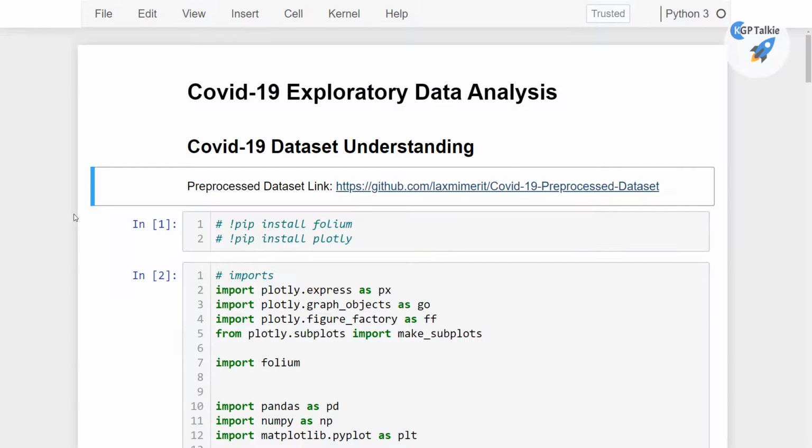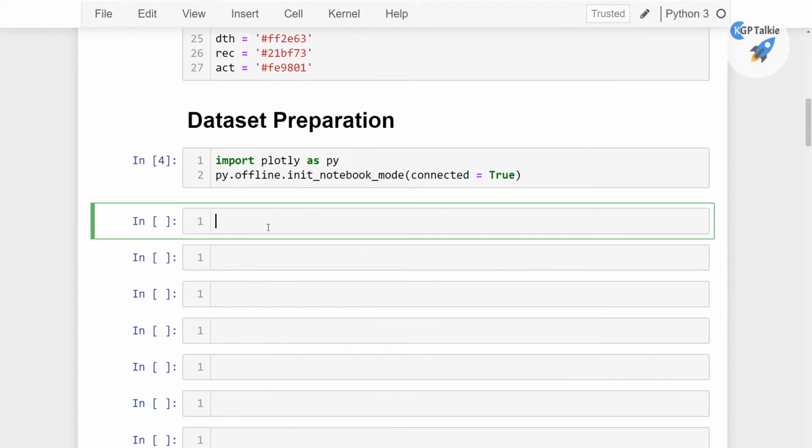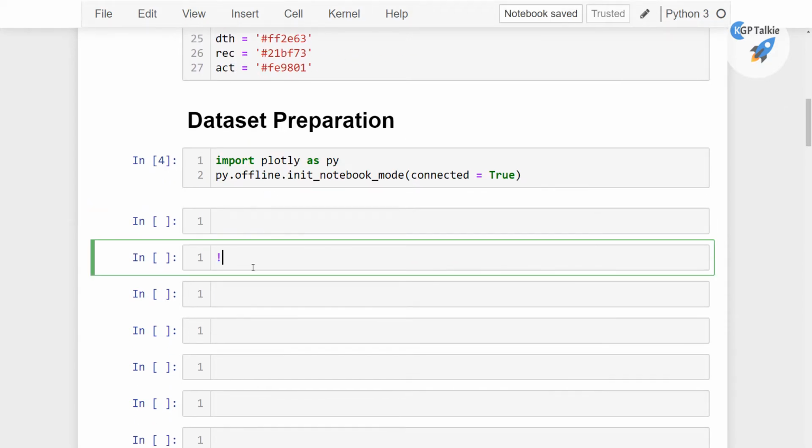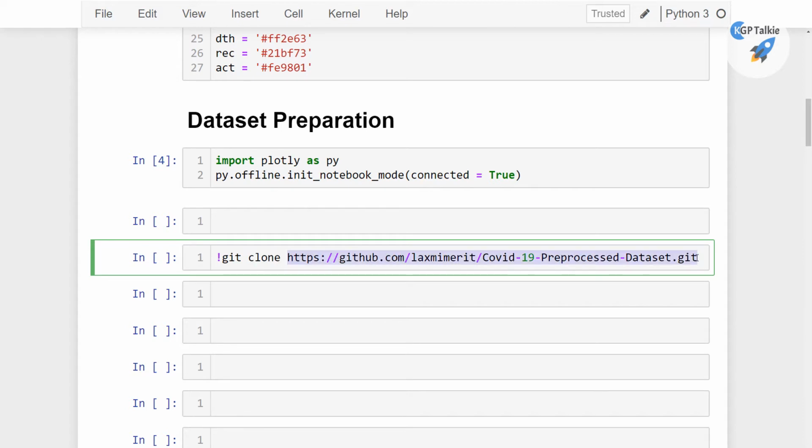And once you get that link, you need to come here and write git clone, and paste that one. So with this, it will clone this repository, where we have the latest pre-processed data. Let's go ahead and run it.